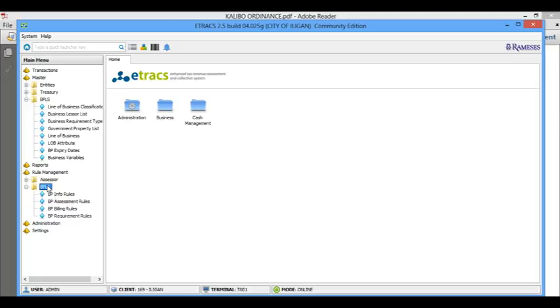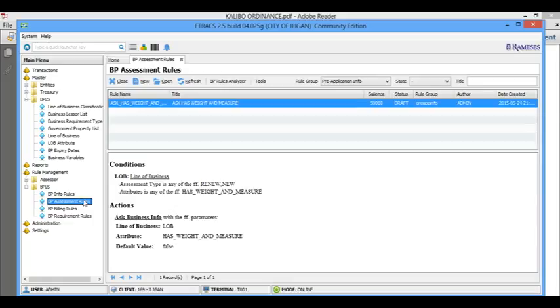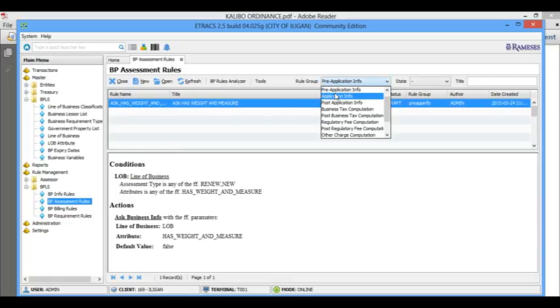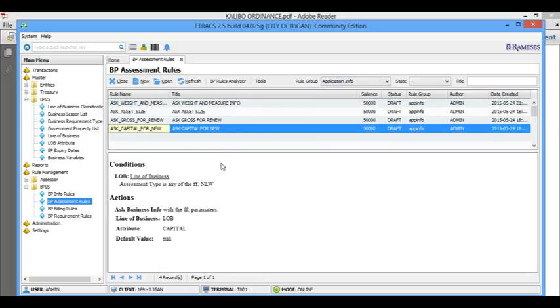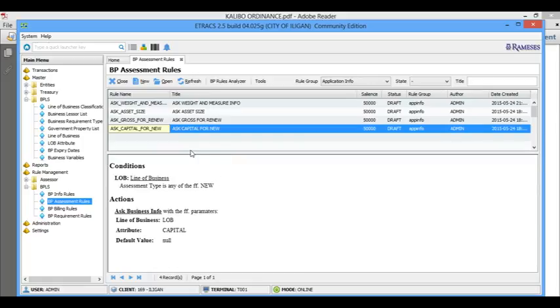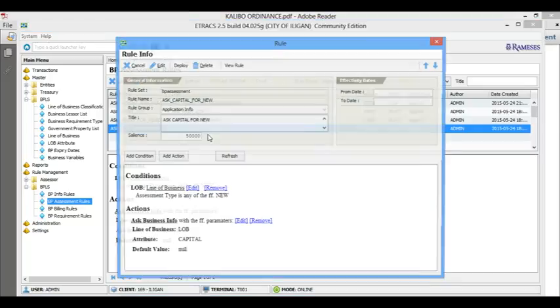The first thing you need to check is that there must be a rule that asks for the capital. So we're going to go to the application info here and ask capital for new. This rule must fire first before computing the new. It's in draft mode, so we have to deploy this. We'll just click on open and then deploy.